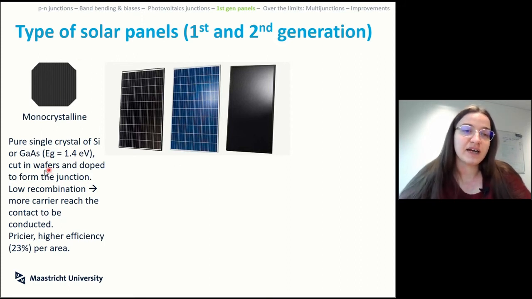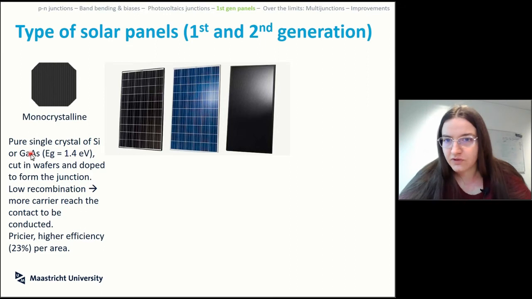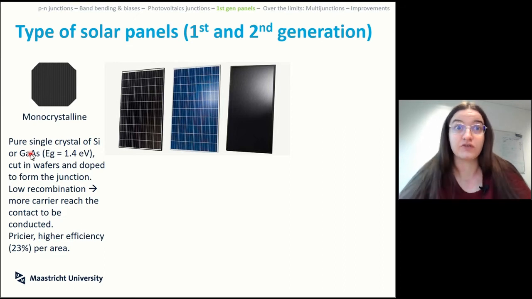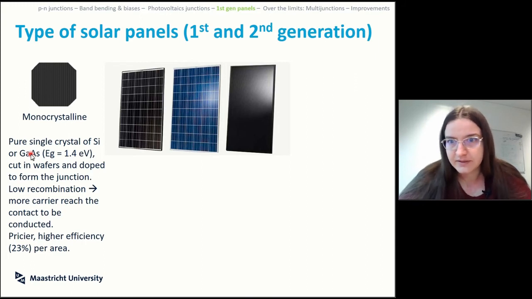The gallium arsenide is also another option, so instead of having silicon, you could use gallium arsenide. Why would you use gallium arsenide as a semiconductor? Fundamentally because it has a higher mobility of the electrons, so when you create a lot of the electrons, it's faster to move them around in the material. The band gap is slightly wider, so it helps